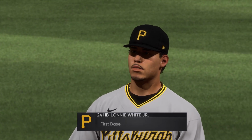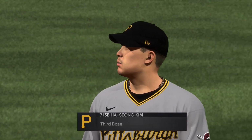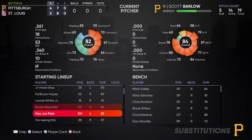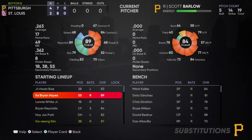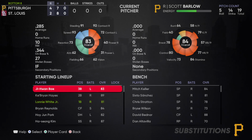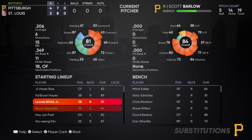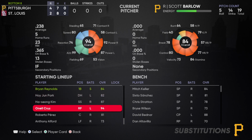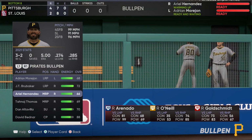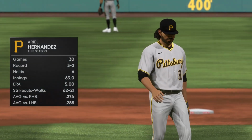Lonnie White stays in the ballgame after pinch hitting as he'll take over at first base. Now playing first base, number 24. Ha-Seong Kim is going to go ahead and stay in the ballgame and play third now. Bottom of inning number 8 set to go. And digging in is the big-time power threat, Nolan Arenado. Hernandez is on to pitch out of the bullpen in the bottom half of the 8th. Number